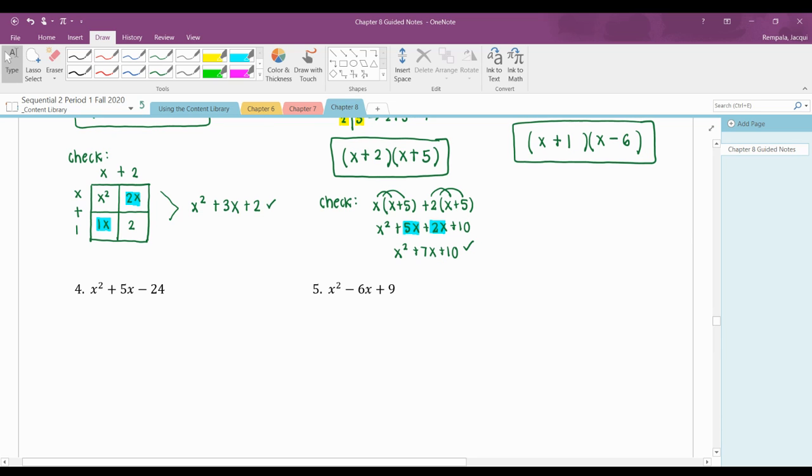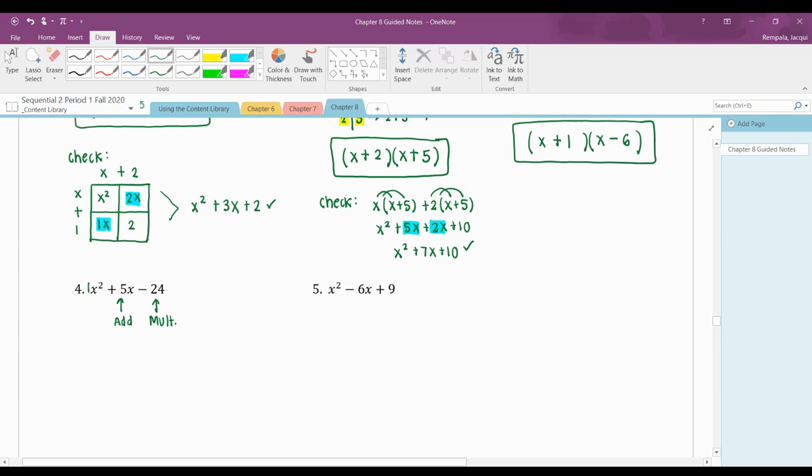Moving on to the next example, we have x squared plus 5x minus 24. So looking for that GCF, there's a 1 in front, so there's no numbers that they're going to have in common. I don't see a variable in every single term, so there is no GCF. So that means that we move on to what multiplies to the last number, but adds to the number in